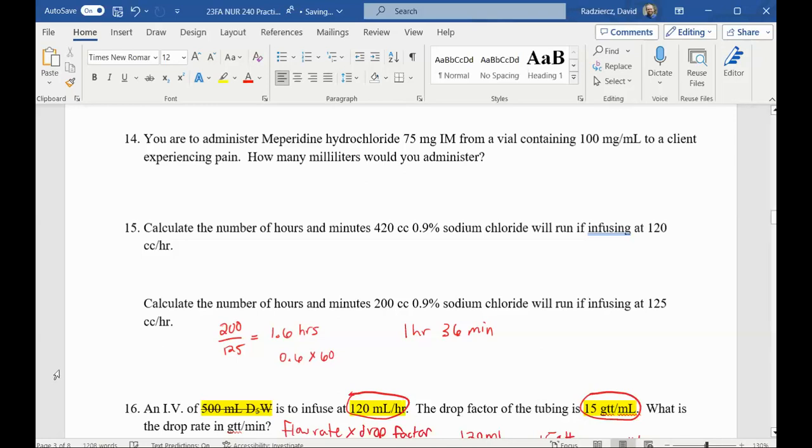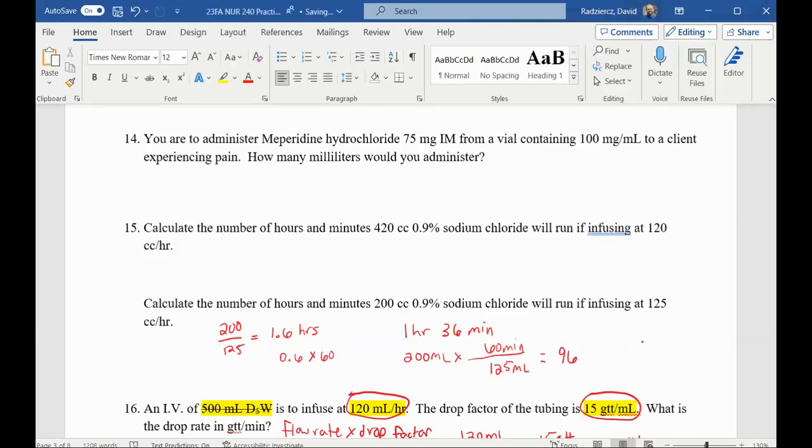The other way that I would set this up, if I find out that it's not an even number, or if it's not 1.5 or 1.25, instead of saying the 125 milliliters per hour, I'm going to actually say 1 hour, which is 60 minutes, and then 125 milliliters. And then I'd get a real big number that's in minutes. So it'd be 200 times 60 divided by 125. And that'll give me